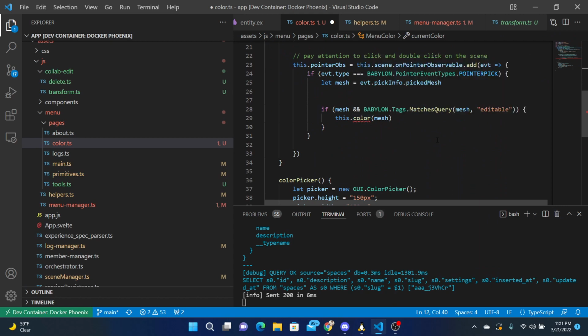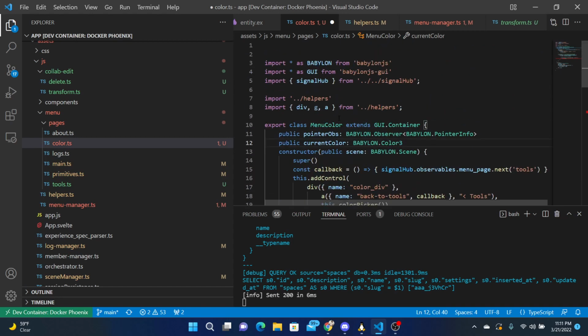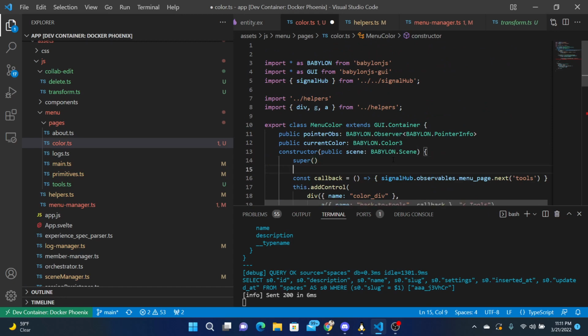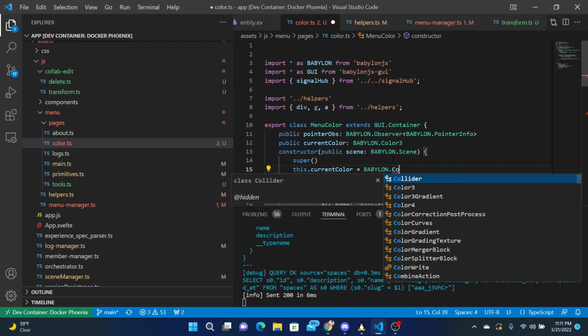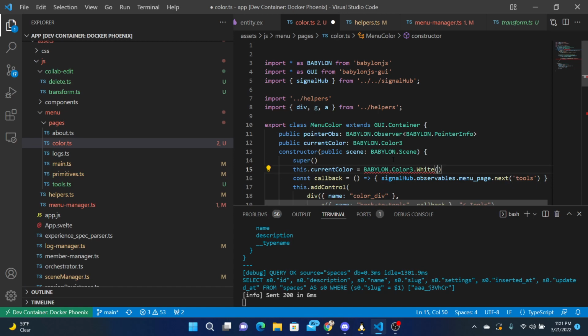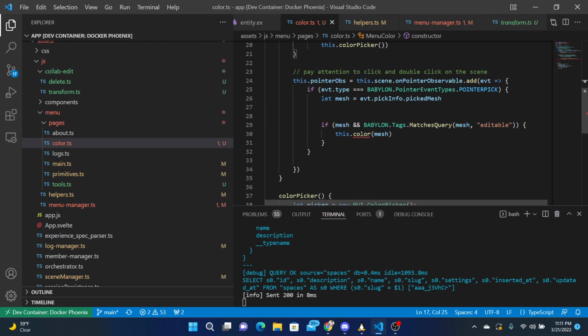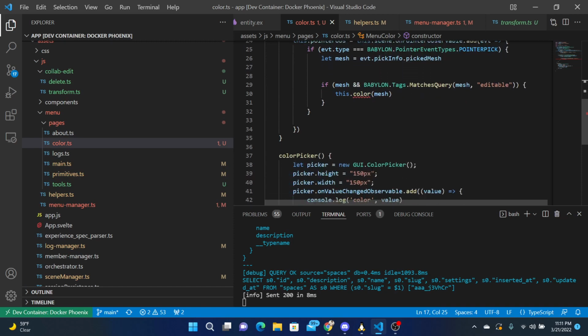And so when you color the mesh, you should actually always make sure it has a value. So let's say that the current color in this current color is equal to Babylon color 3 and make it white, I guess. So it has a value always. And then when you color the mesh,